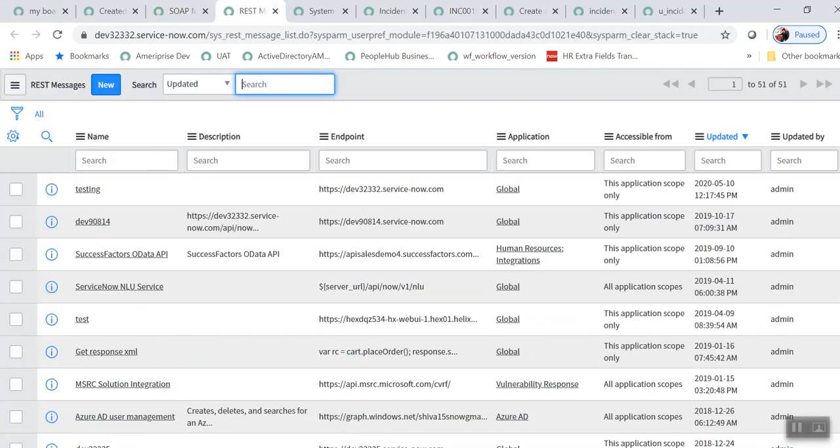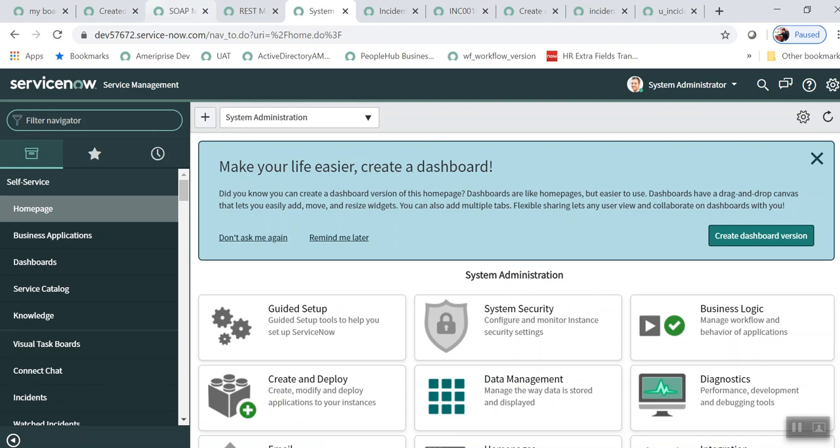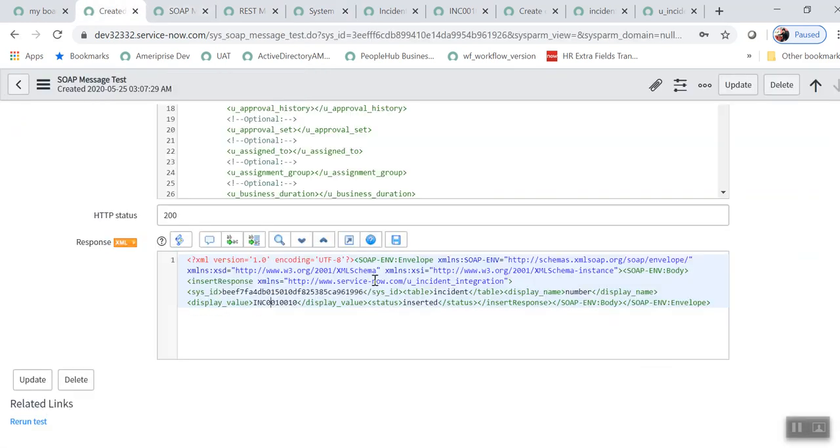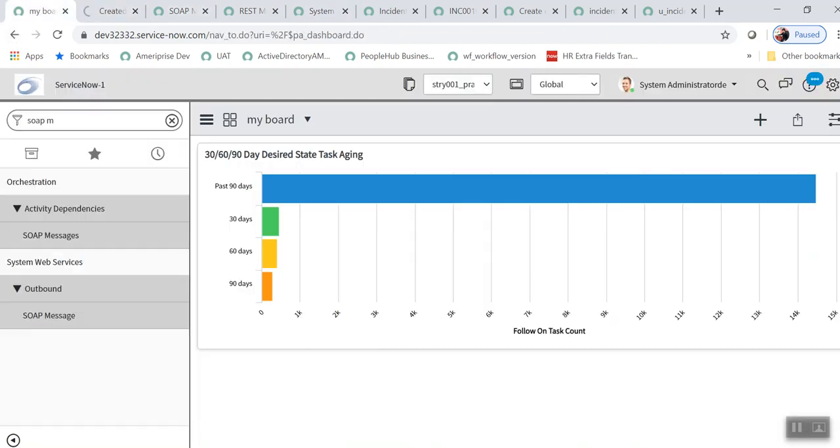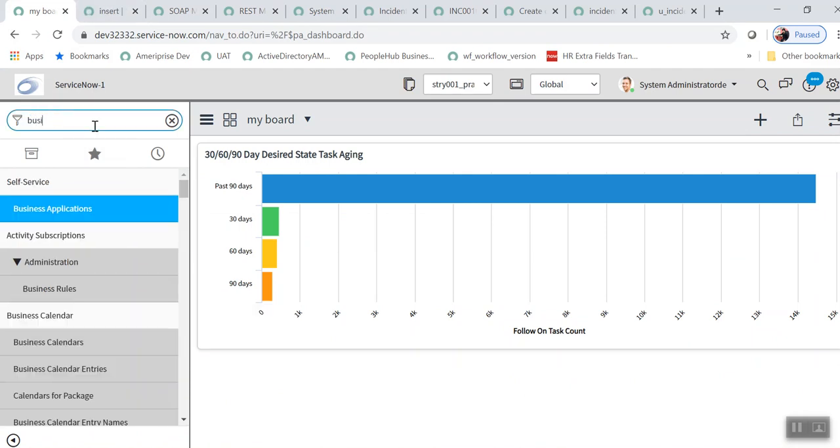Now the next step is, suppose you want to use this integration in your business rule. So I think we already copied that script. We need to go here, business rule.